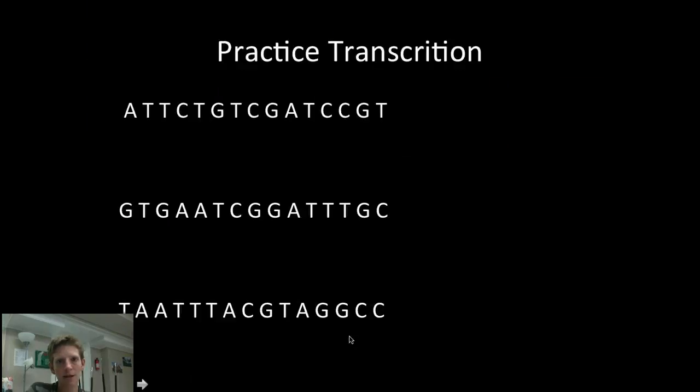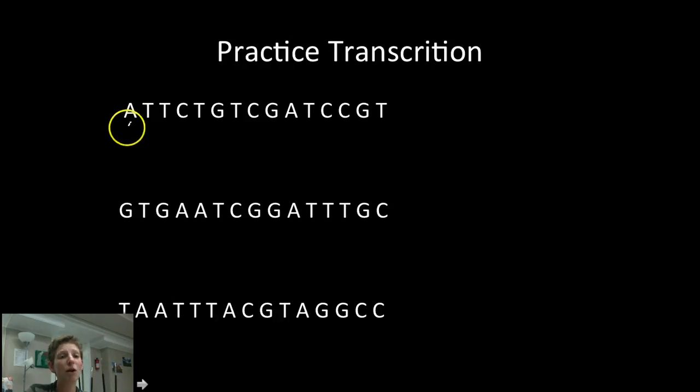So let's practice a little bit about transcription. Just like we did with replication, pretend that these are single strands of DNA. So not the ladder, not the two parts together, but just half of the DNA. I'd like you to practice the base pairing rules, but instead of pairing with another strand of DNA, you're going to pair with RNA. So what I mean by that is instead of thymine, you will be using uracil.